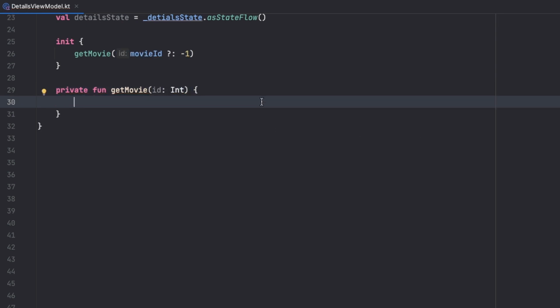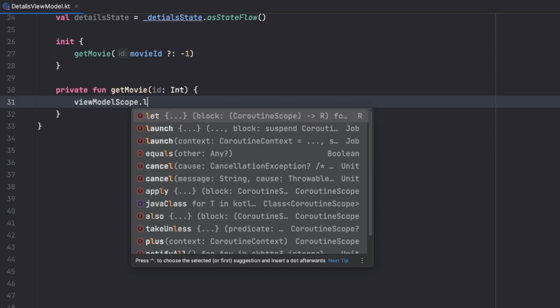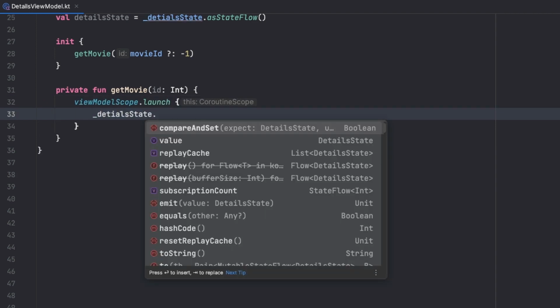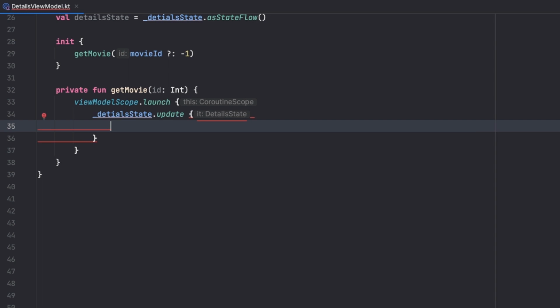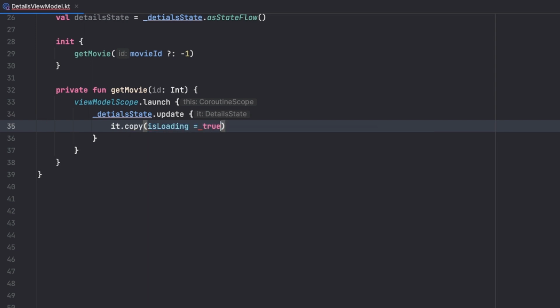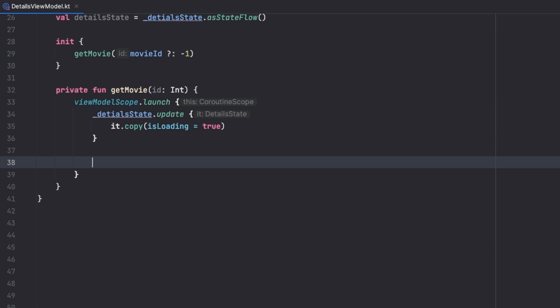And of course, since these are the data or IO operations, we need to have this inside the view model scope, a coroutine.launch. Then we need to update our state to tell it that now we are loading something. So it.copy, not isActive but isLoading is true. And then our movie repository,